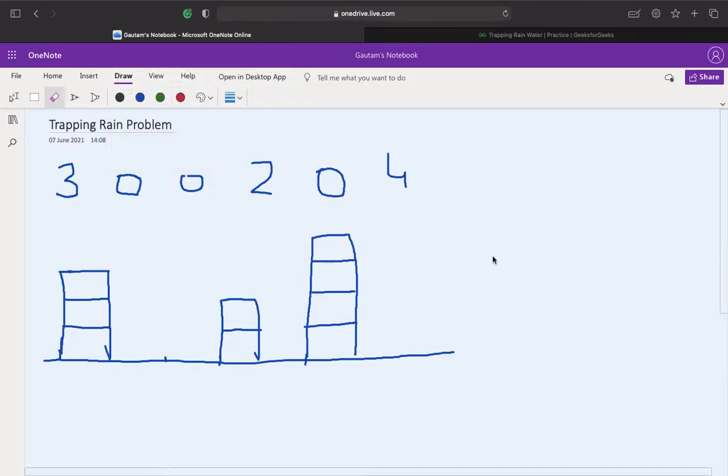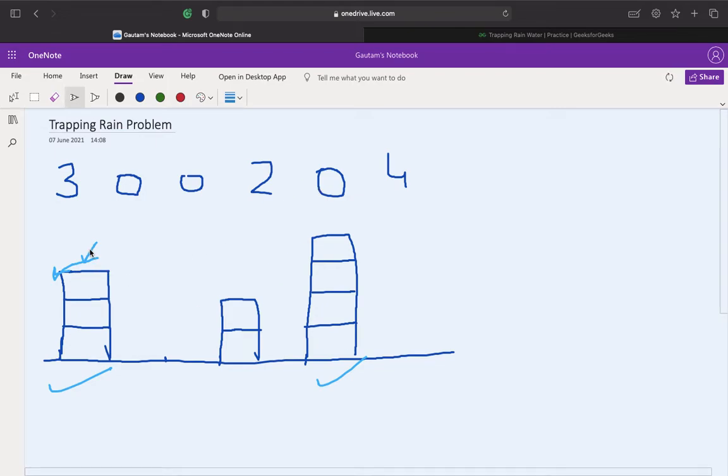So there's one interesting property about this question: the corner blocks, like this one and this one, no water can be trapped for them, right? Because if we are trying to trap the water in this, it will always overflow, because there is no support of blocks for the water.